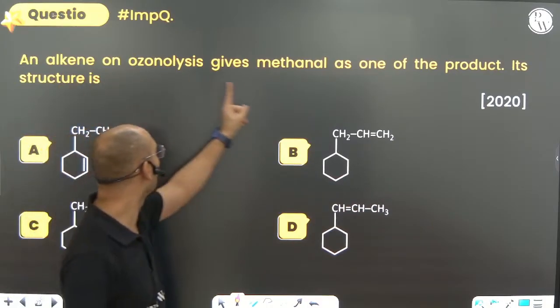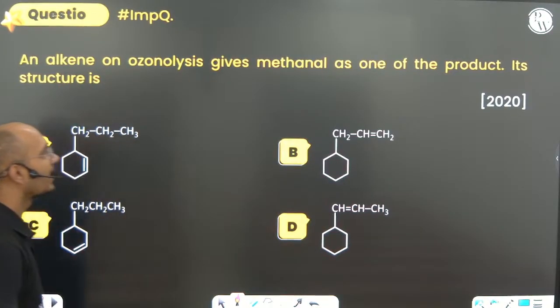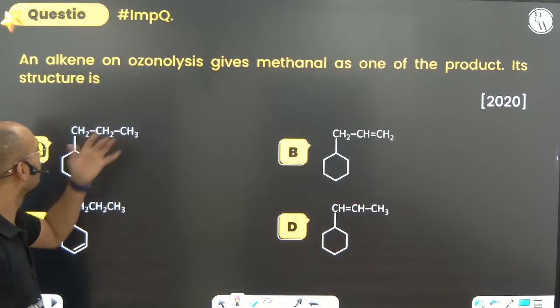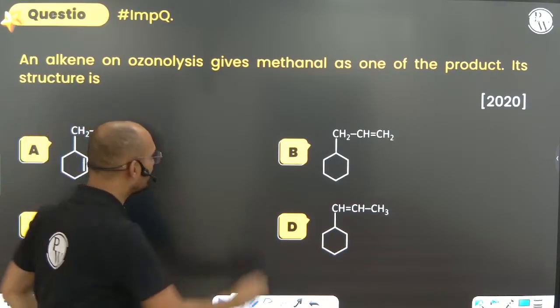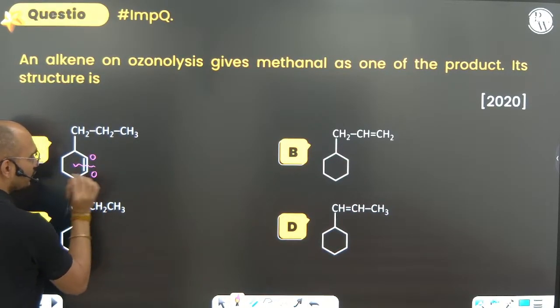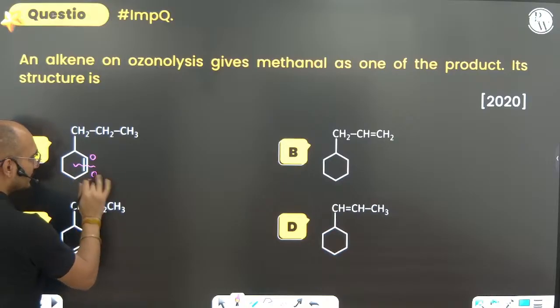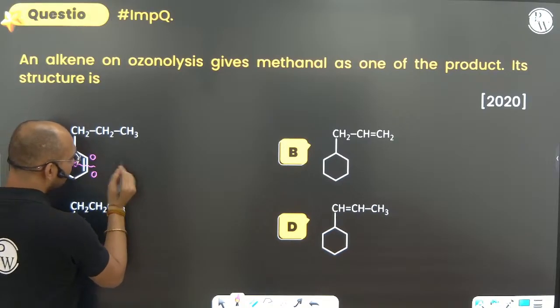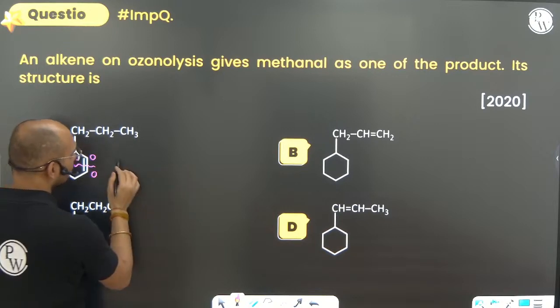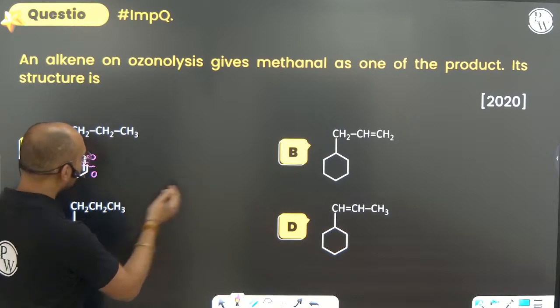An alkene on ozonolysis gives methanol as one product; its structure is. Can you see? ओजोनोलिसिस करते हो तो क्या होता है? आई लेट मी टेल यू. ओजोनोलिसिस, ऐसे बस ब्रेक करो. इसको ऑक्सीजन दे दो, इसको ऑक्सीजन. Wherever there is a double bond, break that, give oxygen to it. इफ इट इज रिडक्टिव ओजोनोलिसिस, तो ओजोनोलिसिस दिया है मतलब consider it is reductive ozonolysis only. So methanol as the product.